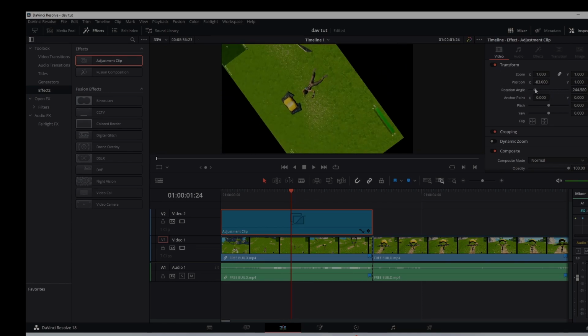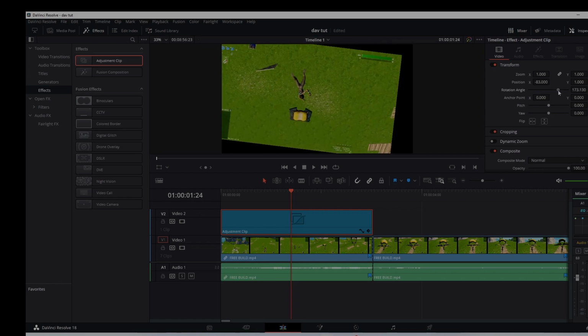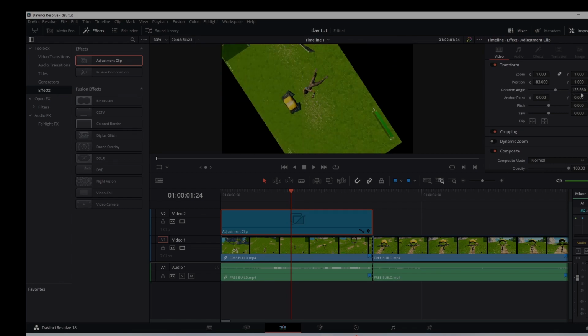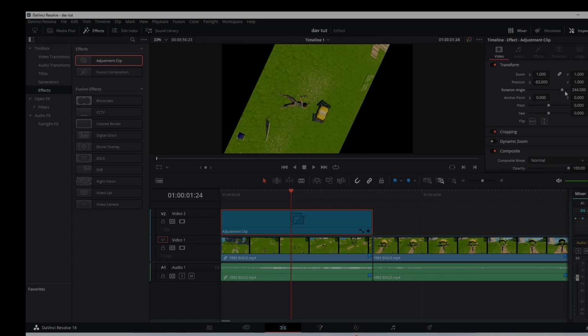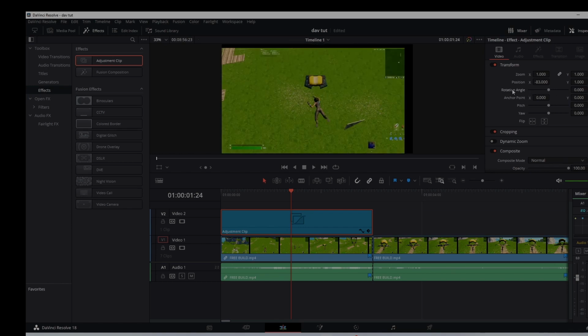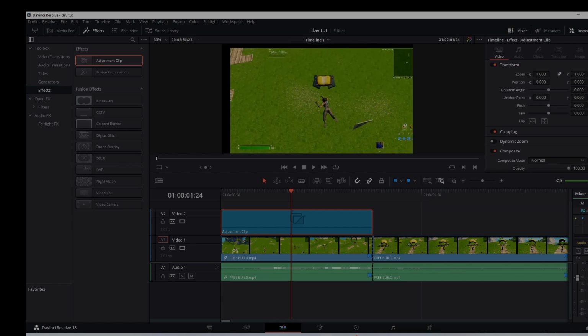Just really mess around with this stuff. If you don't want to type in the original value all the time, all you have to do is double click, or you could just click this. Double click also resets everything. Next,